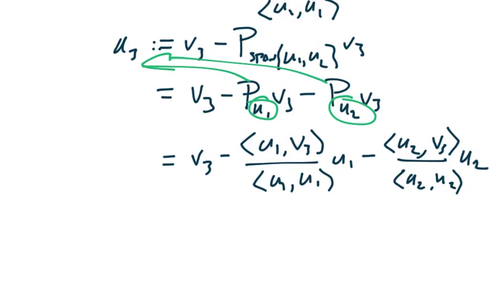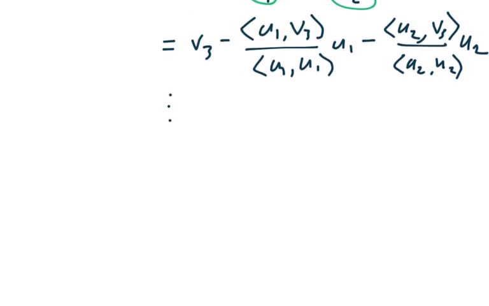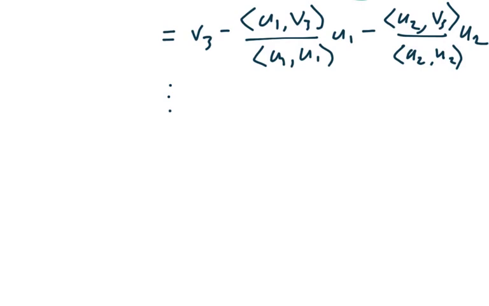And next you'll use U1, U2, U3, which you've already defined, to define U4, and so on and so forth. This is going to continue inductively in this way, meaning you use all the stuff from the previous steps to create the next step until you create your last vector, which is going to be Un, and this is going to be original Vn minus